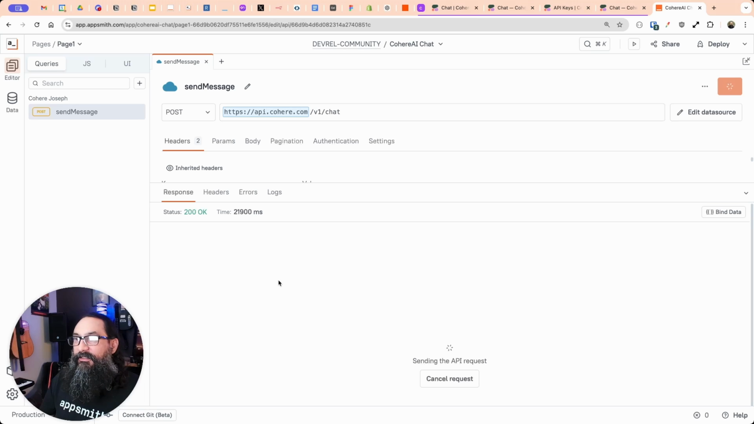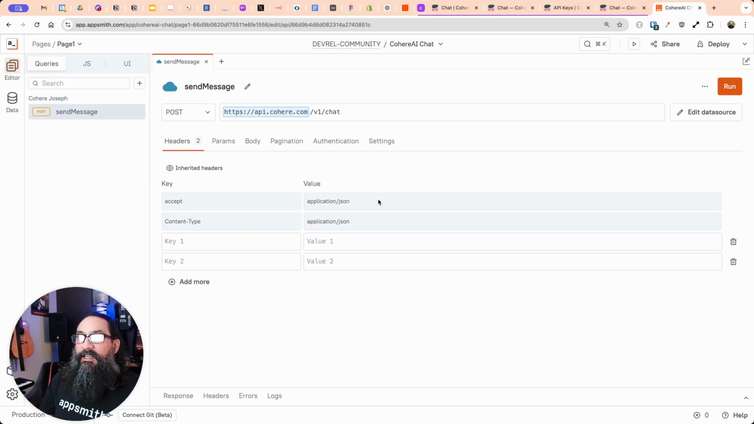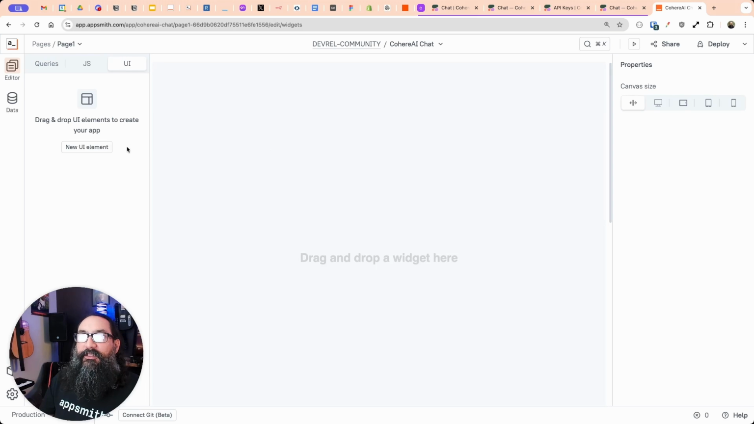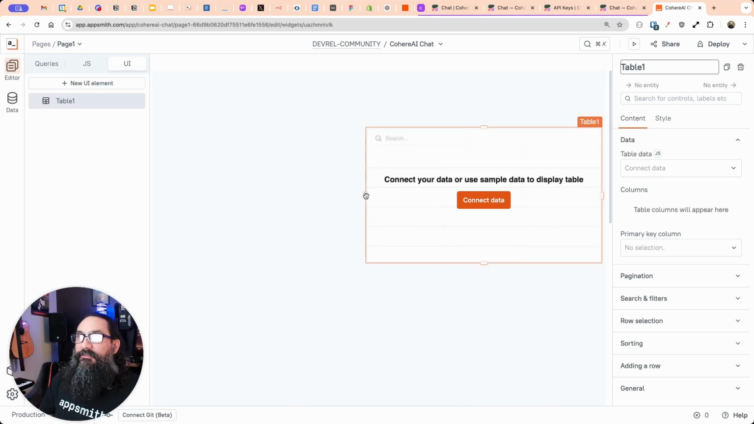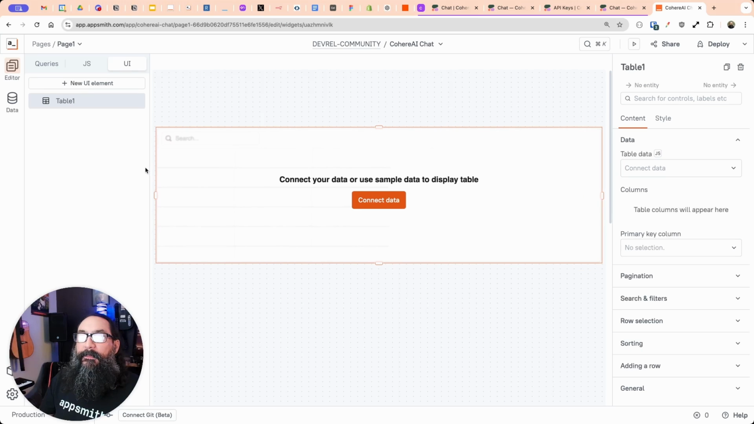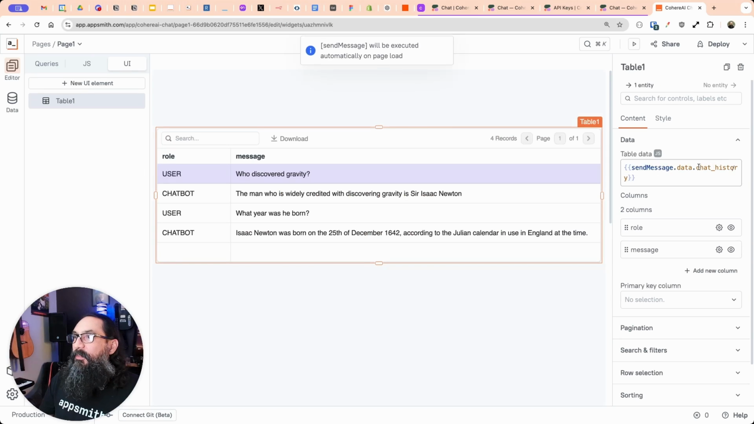And like I said, it is a little slow, but it's better than sending 4 different API requests. Okay, so that much is working now. Let's go ahead and start with the UI so that we can interact with this. I'm going to add a table so we can look at the chat history. And then we will connect this to the response here, and it looks like it found it directly, the chat